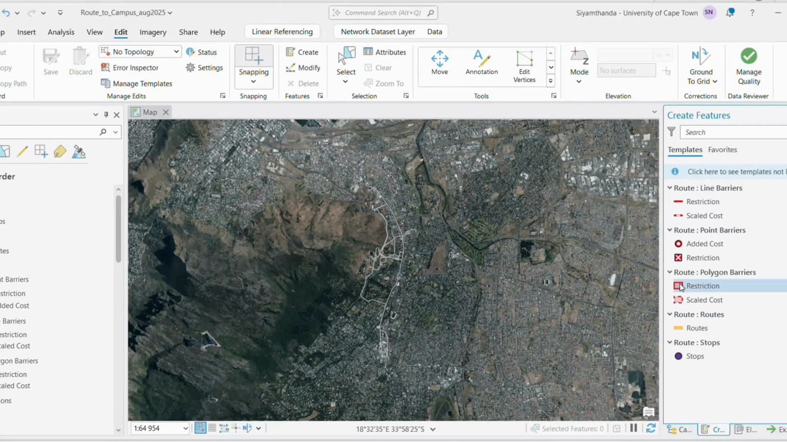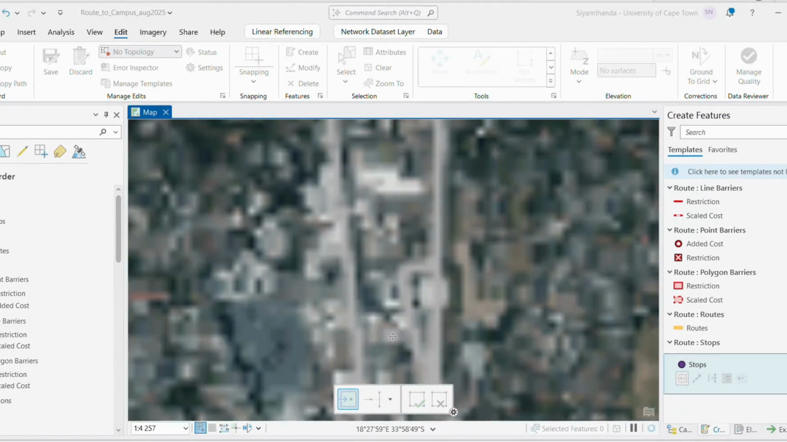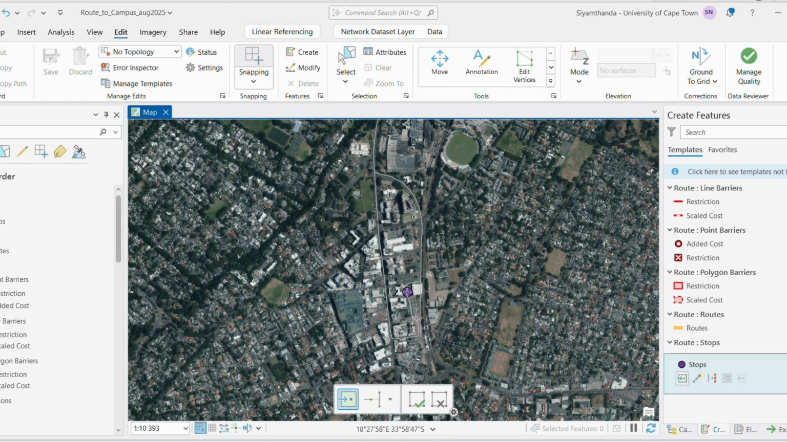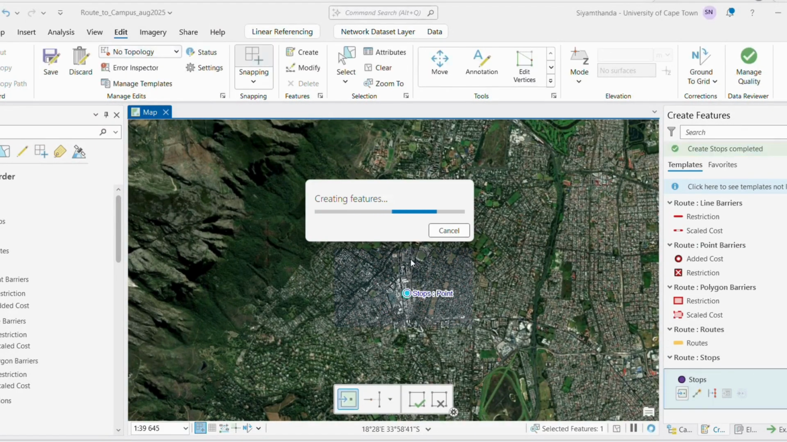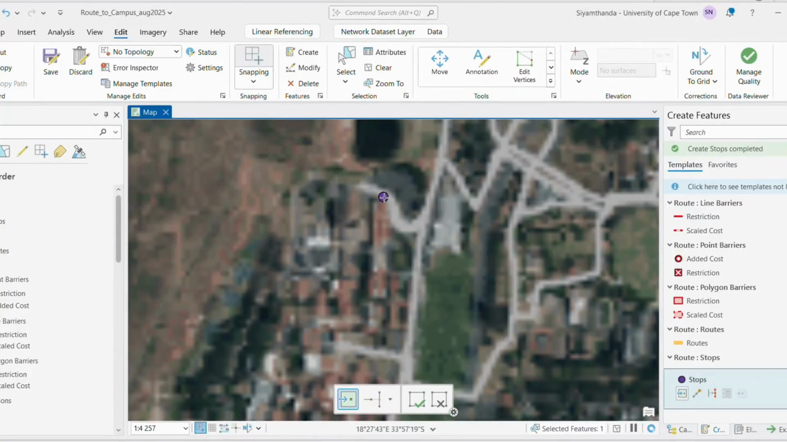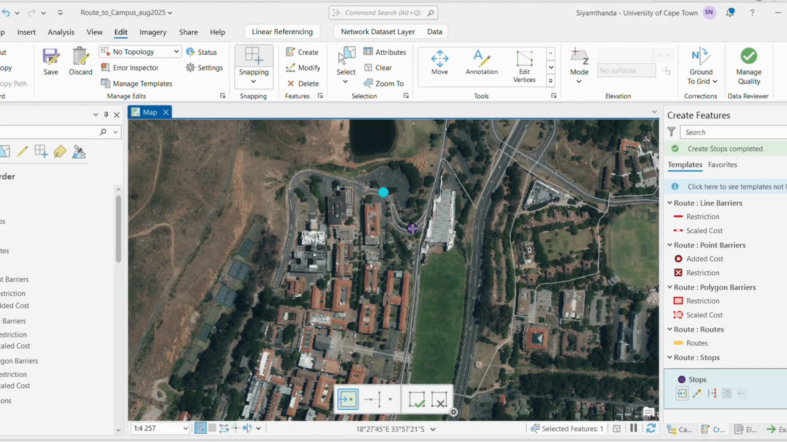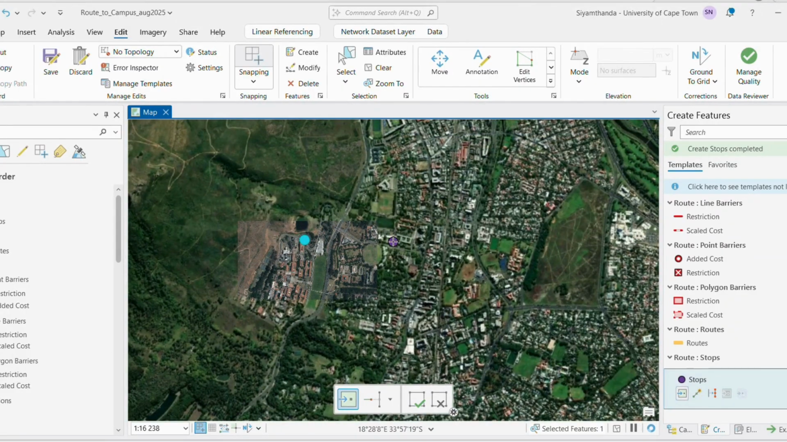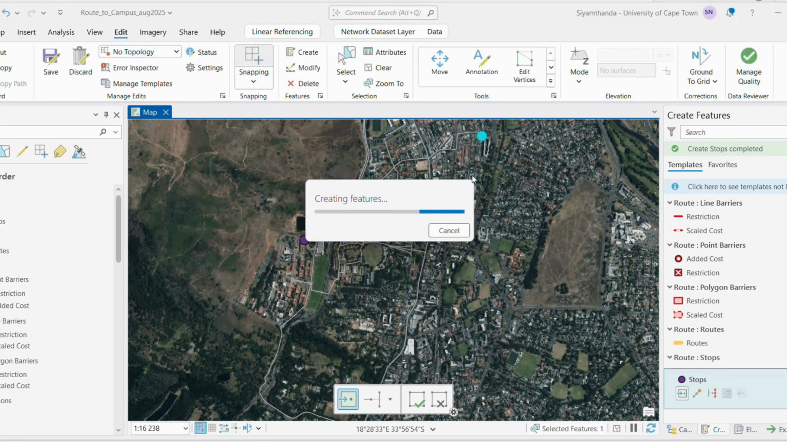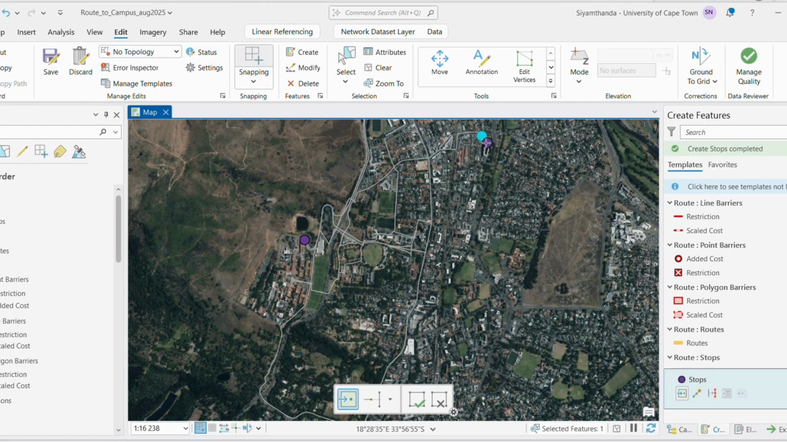To create the stops, you have to select stops. Let's say we are starting from here at Claremont. So the first point would be here at Claremont, then to UCT Knope Stop. Then from UCT Knope Stop, we'll go to, let's see, maybe here at GISc. So after adding the stops, what you have to do is